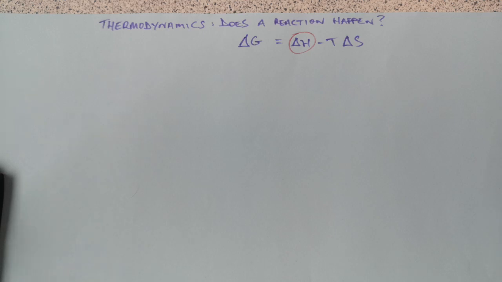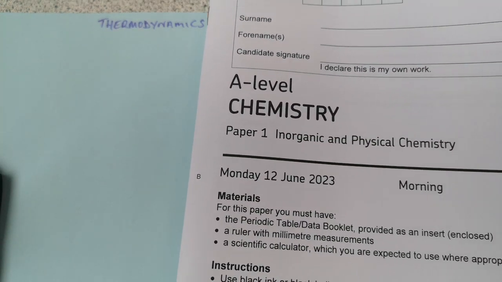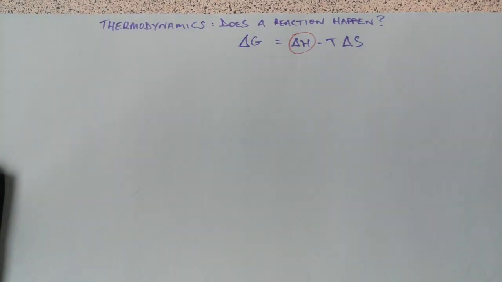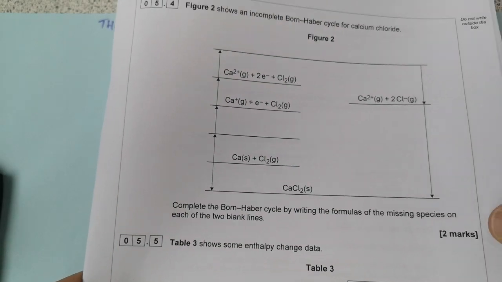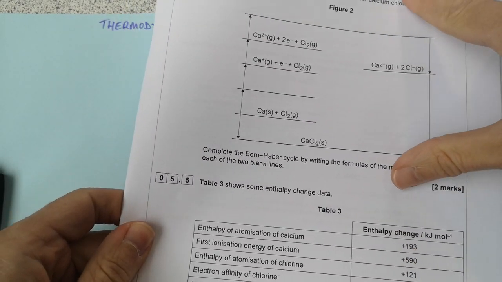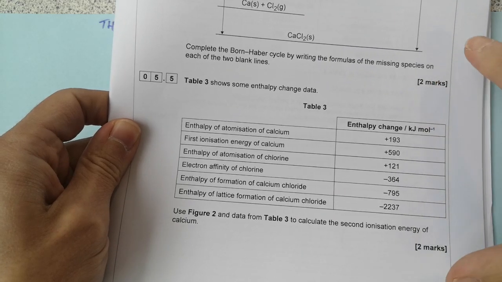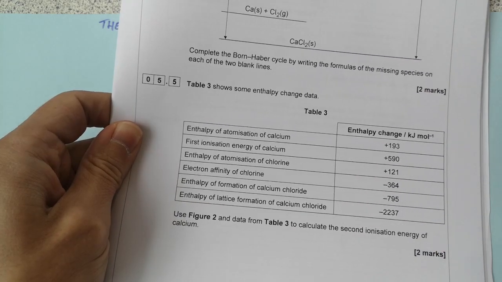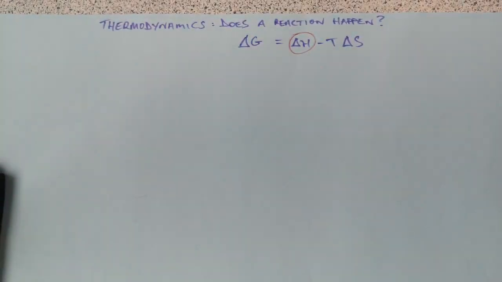So I'm going to have a quick look at exam papers and see the type of things that they'll be asked about this. I'm looking at the most recent iteration of paper 1 chemistry here. Question 5, here we go. This is the type of thing that they'll have to do, something called the Born-Haber cycle, and they'll have to fill it in and then calculate some numbers based on it. Here, for example, it's worth 4 marks. That's out of 300 across all 3 papers. So it's quite a lot of